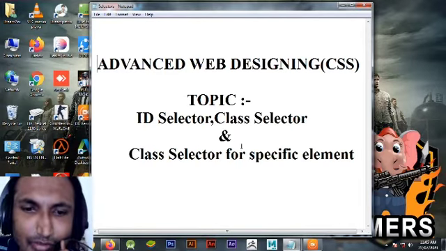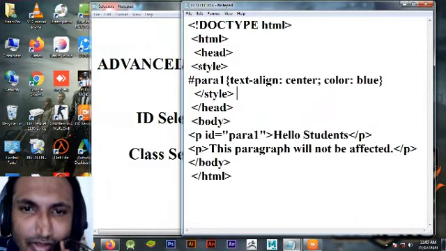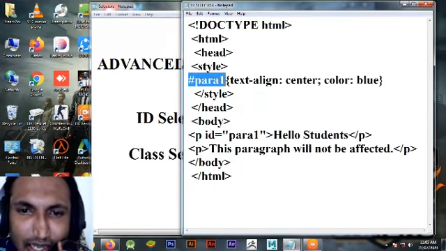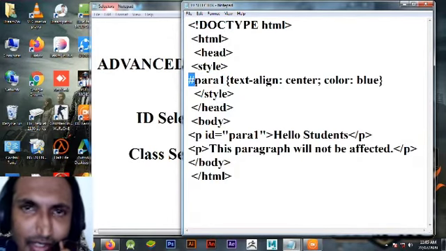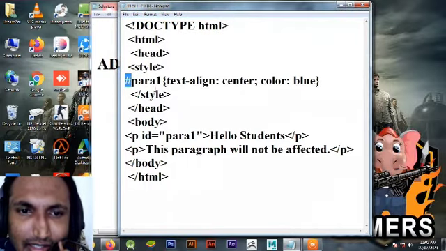Let's see, I have made one program here. See this hash and para1 is the name of the selector. If I give a hash symbol here, then you should understand that this is an ID selector.